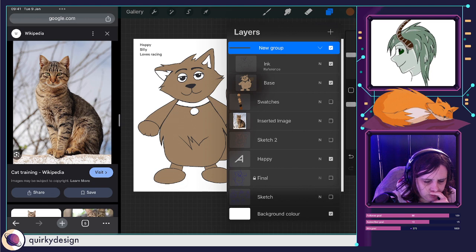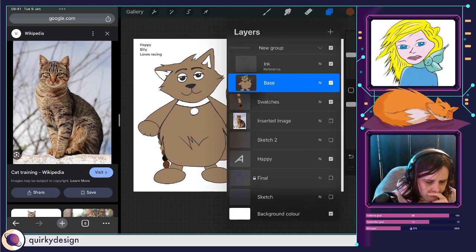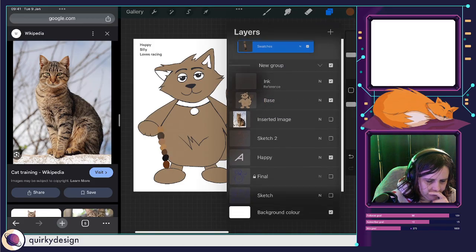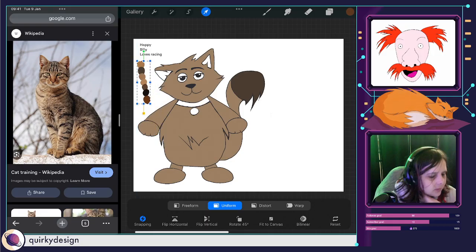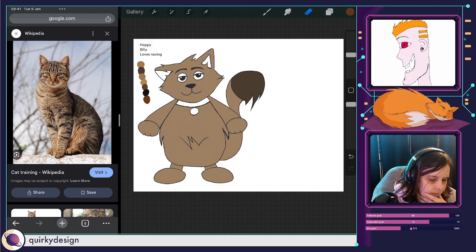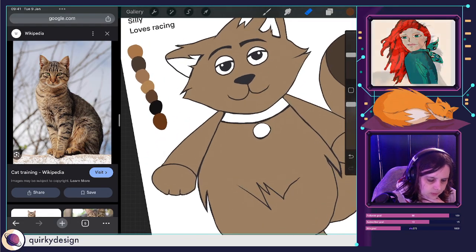I should probably finish colouring them in first before I carry on. Okay, cool. Right. Let's continue on.